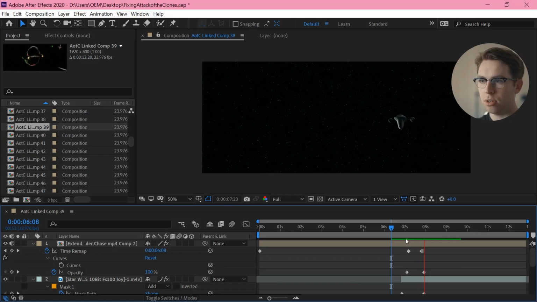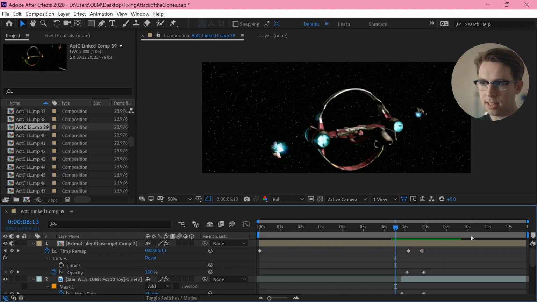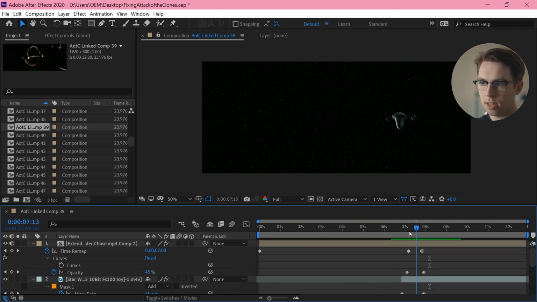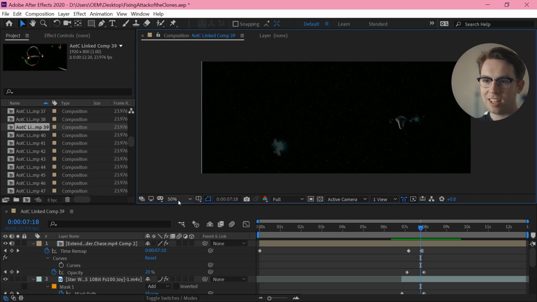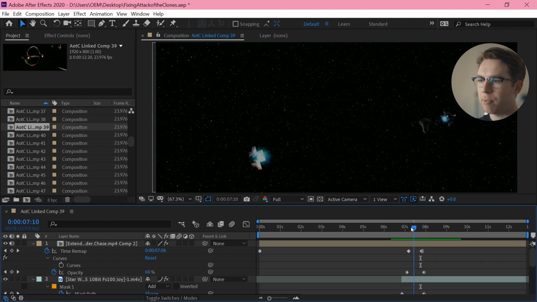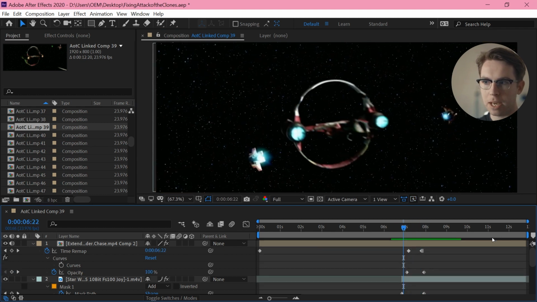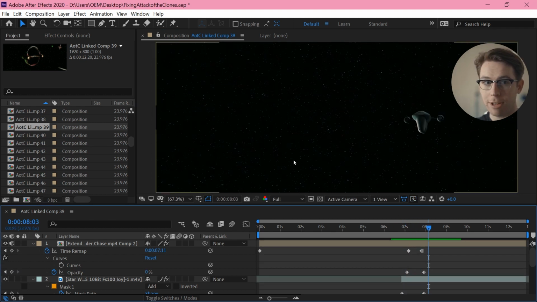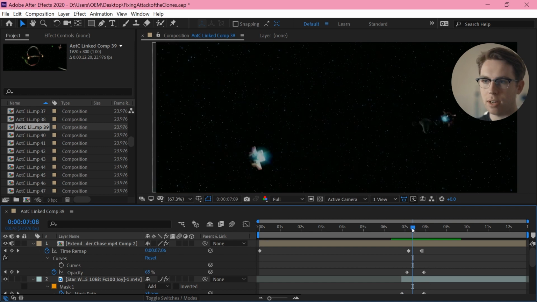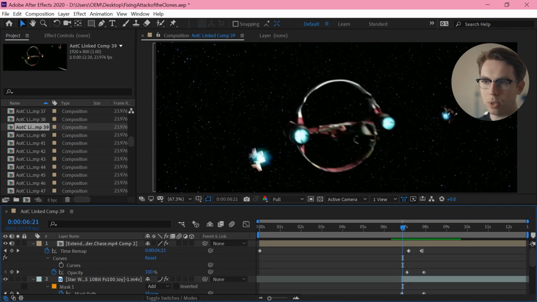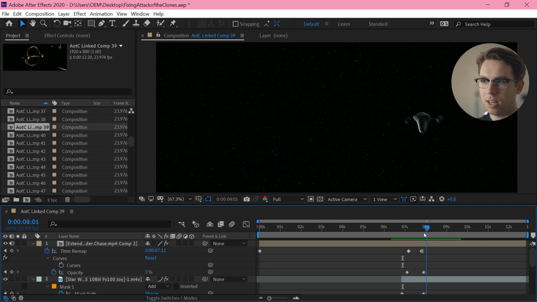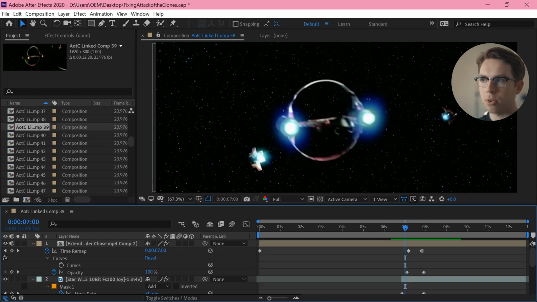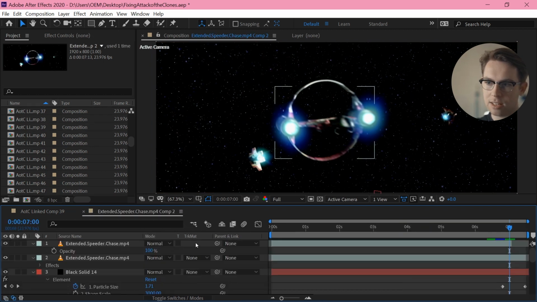Shot 39. Another transition, obviously a transition from the deleted scene into this scene. I looked at a few ways to do this, but I think this has happened before in Star Wars where it transitions from space to space, and they did it with a fade. So that's what I've done. It's a little bit weird, there's just these two dots. But obviously this was why it was so important to bring back those stars in my deleted scene comp.